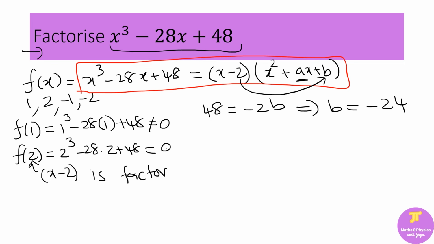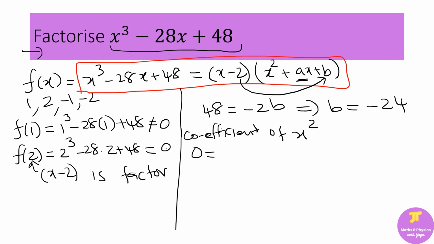So we found b, and now we need to find what is a. In order to find a, we need to find the coefficient of x squared. We don't have any x squared terms, so the coefficient of x squared is 0 on the left side. How do you get x squared on the right hand side? This minus 2 and this will get you x squared, so what you have is minus 2x squared, and